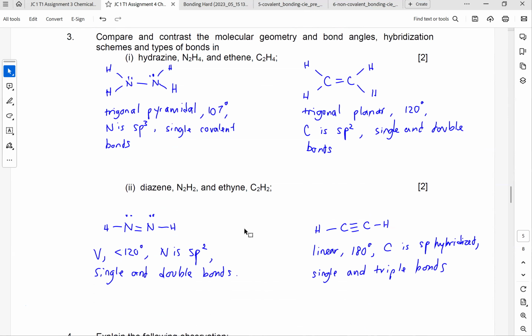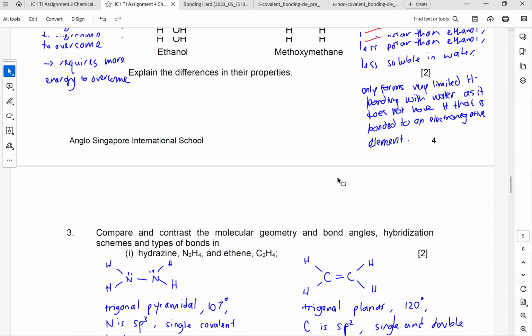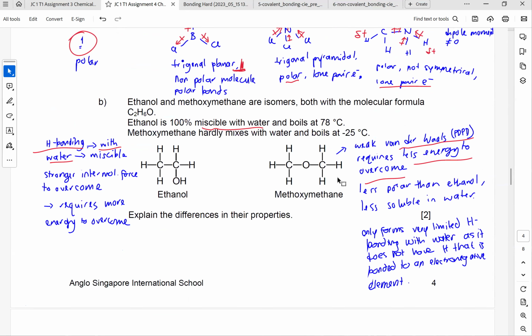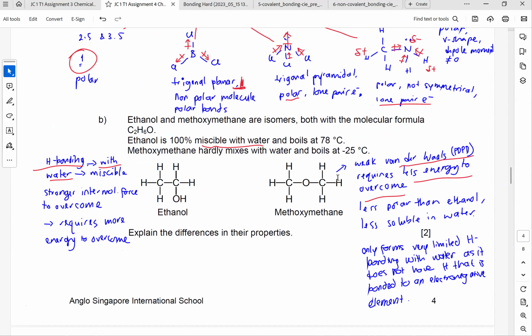Miss Lena, why doesn't hydrogen bond form in methoxymethane even though there's a lone pair on the O? So there is a lone pair on the O, you're saying. Why can't it form hydrogen bonding? Okay, you are correct to say that